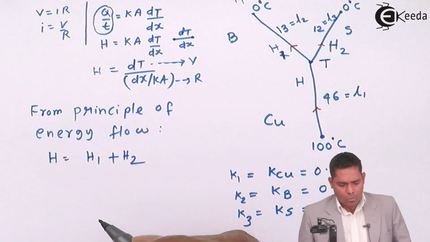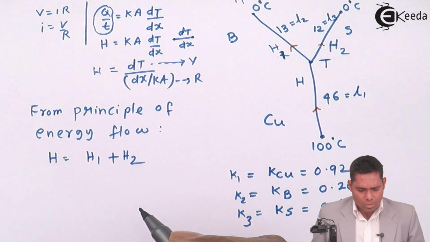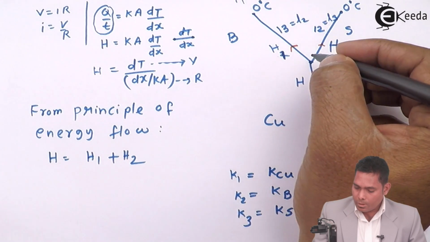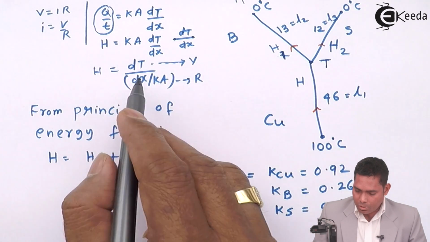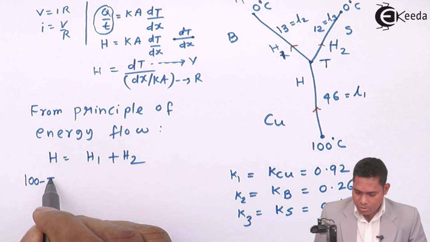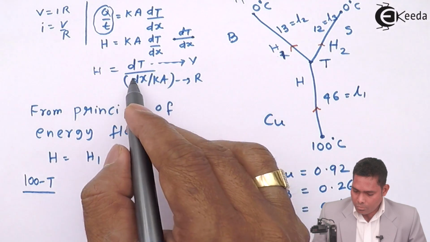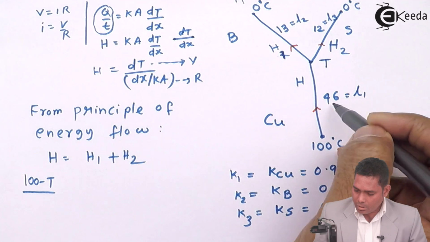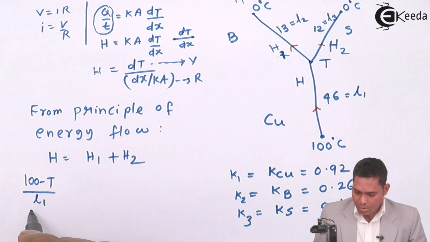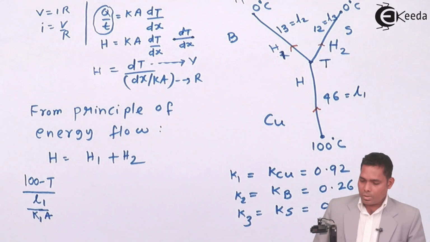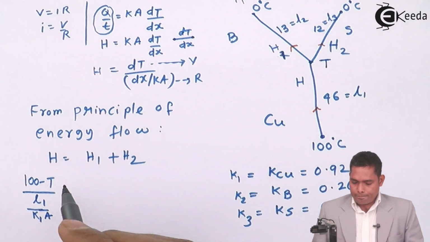Okay, now if I have h1 plus h2, this is h, I'll write this. That means the temperature difference for this section is 100 minus t, divided by the difference in the length between those two temperatures, that is 46, that is L1. I'll write this first, L1 over K1 A, because the area of cross section is the same, and that equals to,